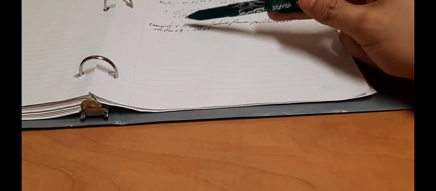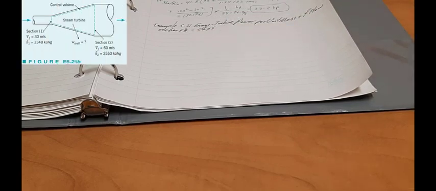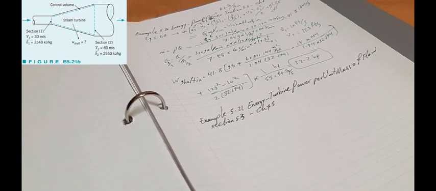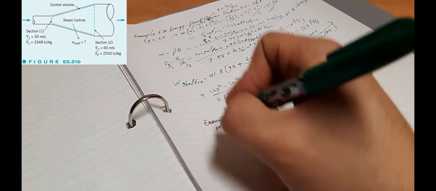So here we have the second problem solving of this session, which is about example 5.21, energy turbine power per unit mass of the flow, from section 5.3 of chapter 5. The question wants us to identify the work output involved per unit mass of a stream of steam through flow. We have to take into consideration at the first step the steam turbine, its control volume, the appropriate one. We have to just use the equation